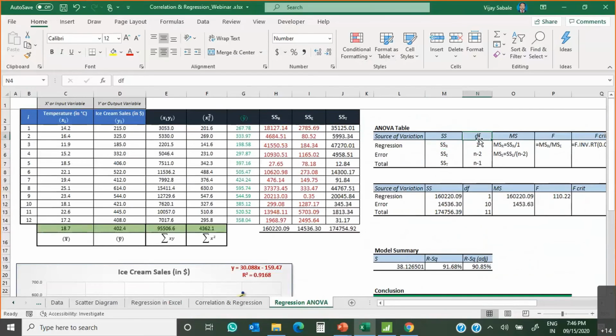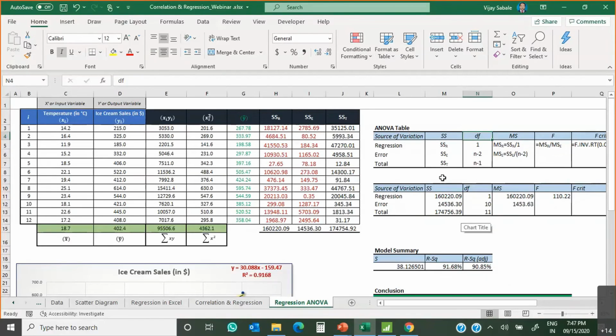So this DF is nothing but the degrees of freedom. I have not covered this because the time has already passed. We have gone over 1 hour and 50 minutes, so that's why I'm not going into the detail. Maybe sometime later we can see that because the time has already gone. Okay, sir.